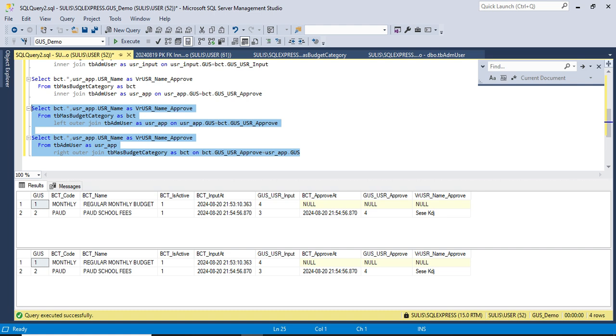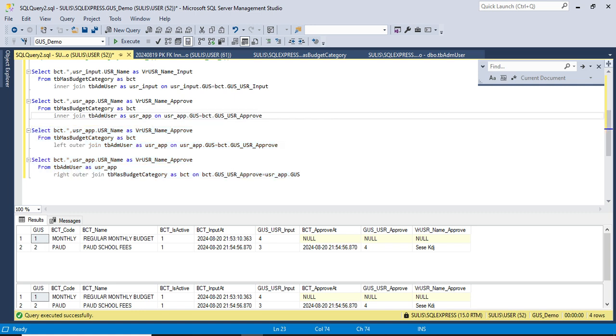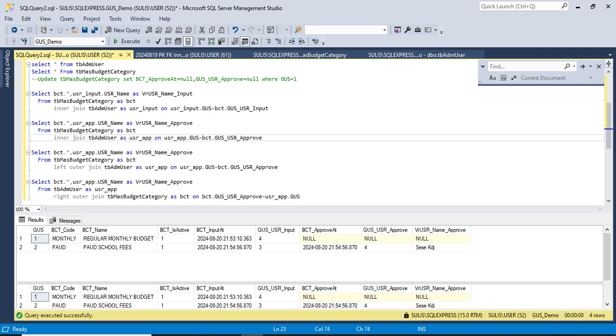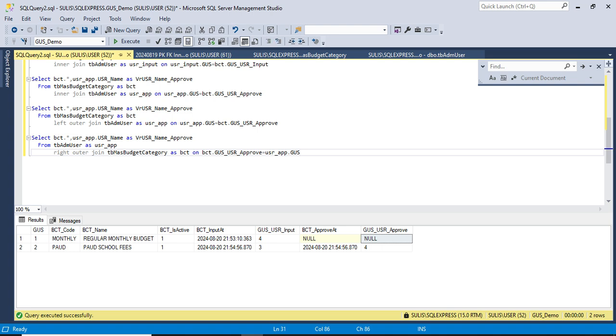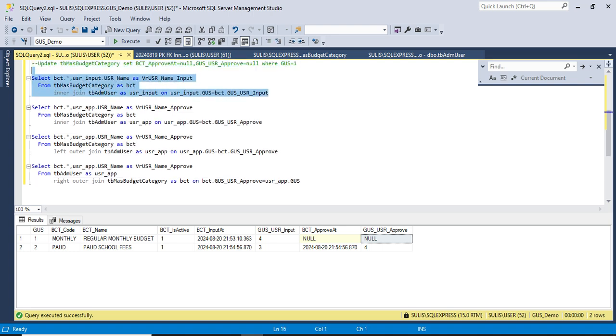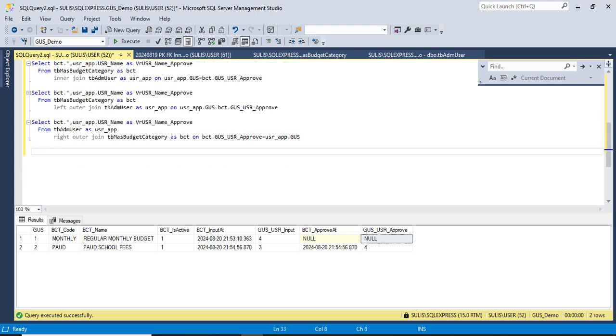Now, the last topic, what if I want to display the name of Goose user input and Goose user approve? Let's see. I will combine the inner join and the outer join.